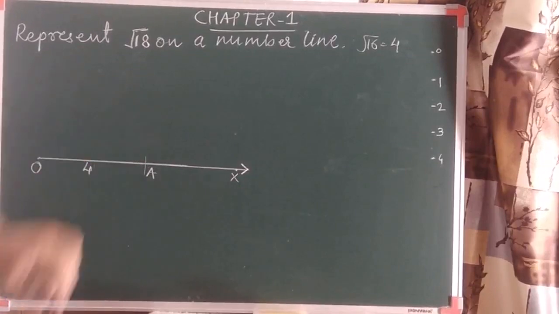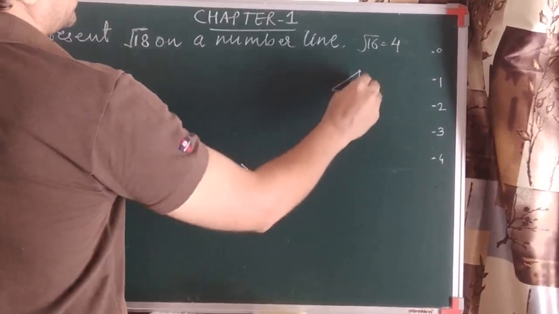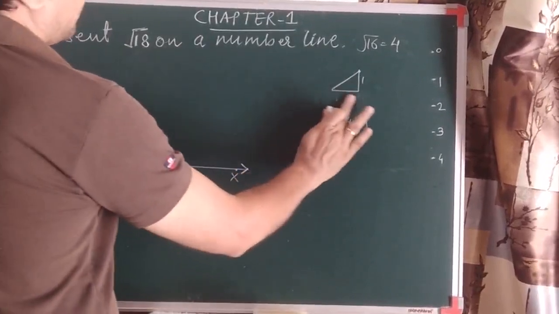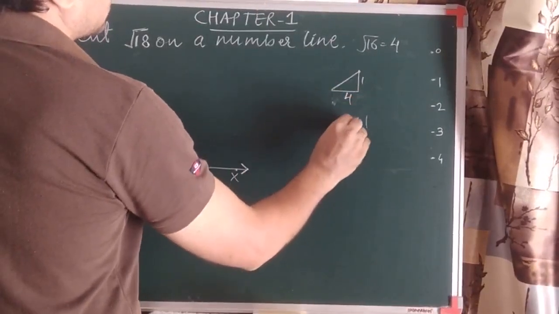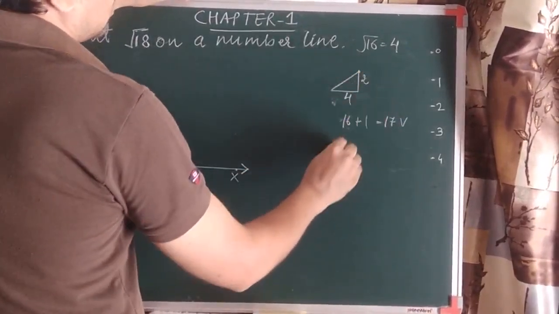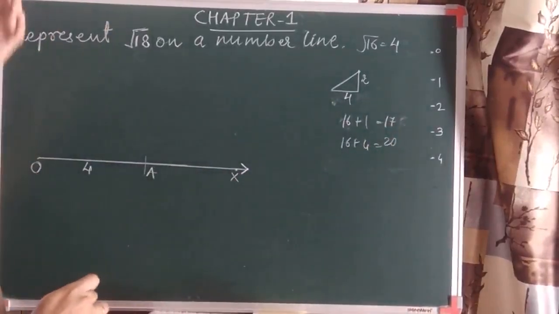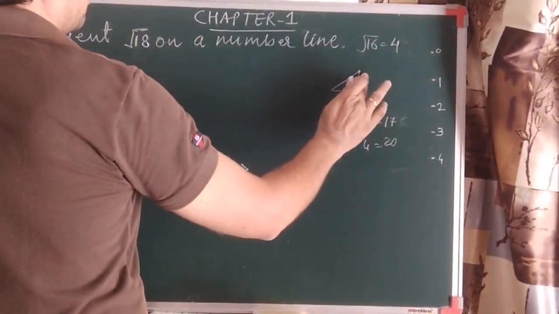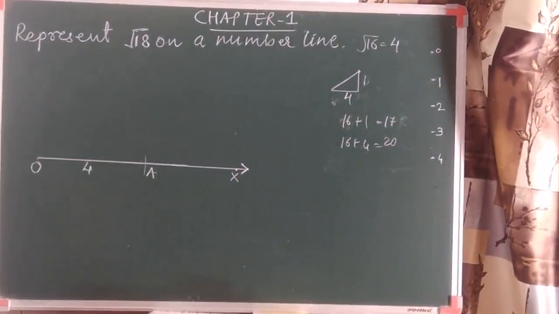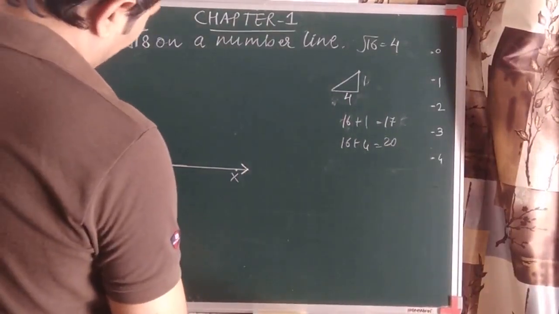Now how much should I take the perpendicular? Let us understand here. This is 4. If I take this as 1, the square of 4 is 16, plus the square of 1 is 1, so 17. So yes, this is appropriate. But if I go for 2, it is 16 plus 4, so it becomes a larger number, which won't be accepted. We'll go for 1. So let's draw a perpendicular of 1 unit, which, as we discussed, is equal to 2 centimeters.